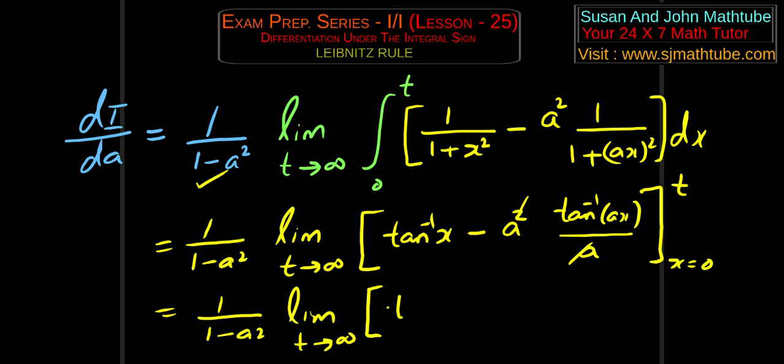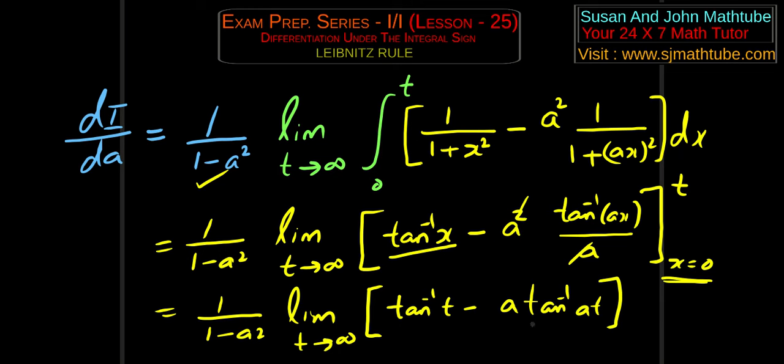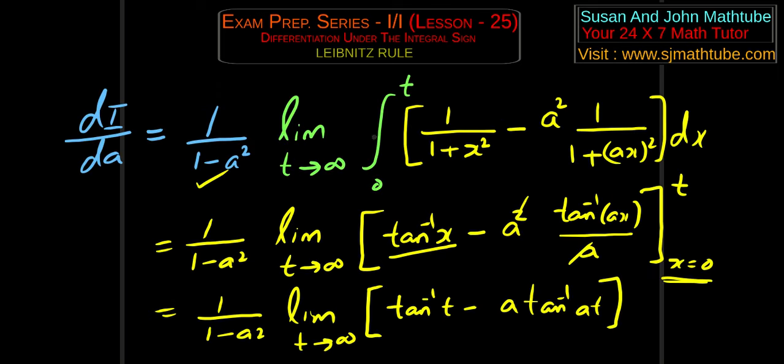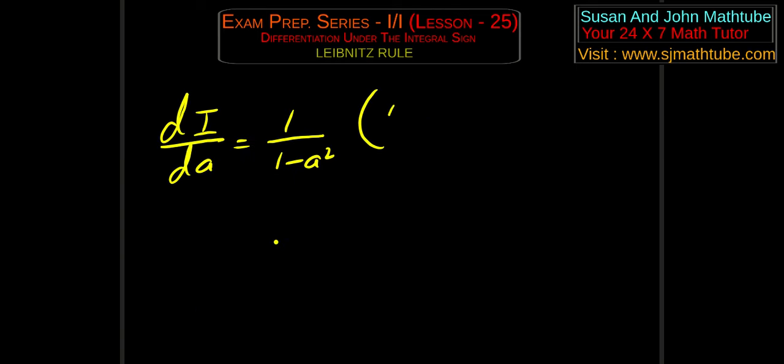Let's plug in the upper limit. So we get tan inverse t minus a tan inverse at. And I'm not going to plug in the lower limit because I know this will be 0. And tan inverse infinity is 90 degree or pi by 2. So we get dI by dA equal to pi by 2 minus a pi by 2. So we get dI by dA equal to, look at this, 1 by 1 minus a square is outside, and we know that tan inverse infinity is pi by 2. So we get pi by 2 minus a pi by 2,